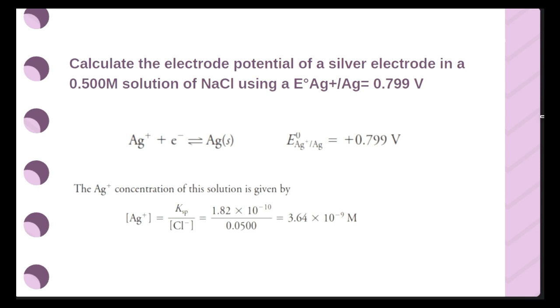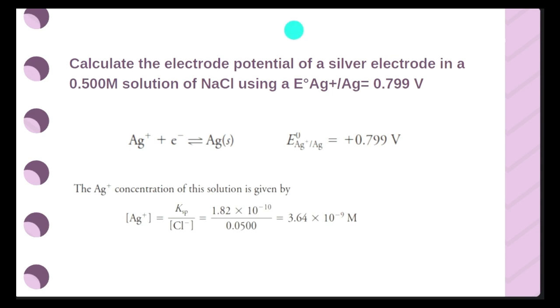Calculate the electrode potential of a silver electrode in a 0.0500 molar solution of sodium chloride using the standard electrode potential of the silver electrode, which has a value of 0.799 volts. The half cell reaction is represented by this reaction. First, we would like to calculate the concentration of the silver ion. But in this case, the concentration of chloride ions is given. So using the Ksp value of silver chloride, we would like to calculate the concentration of silver ions from the